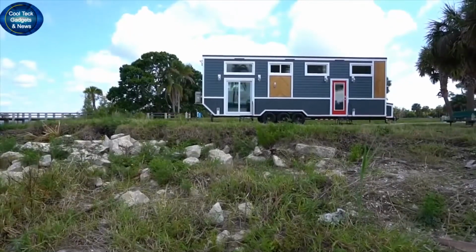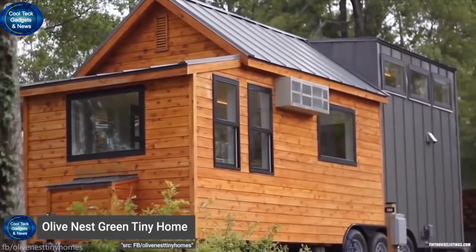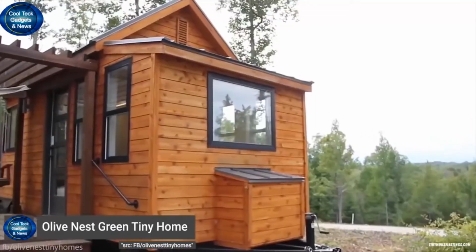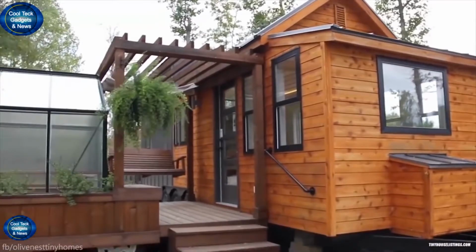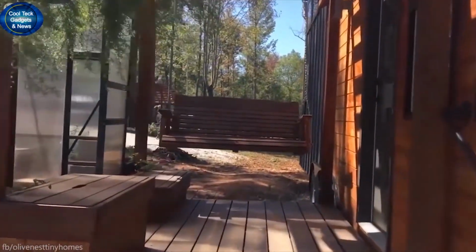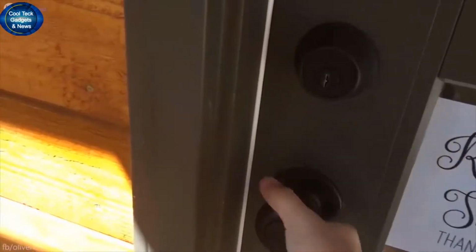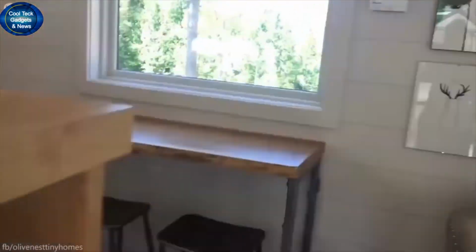Olive Nest Tiny Home. Nicknamed the Alsa, this concept of Olive Nest tiny home looks like a house. The shed and the conservatory have been squashed into one. It is actually a clever combination of buildings on top of two stationary trailers. As you climb the front stairs, under the porch area to your left is a greenhouse useful for growing plants